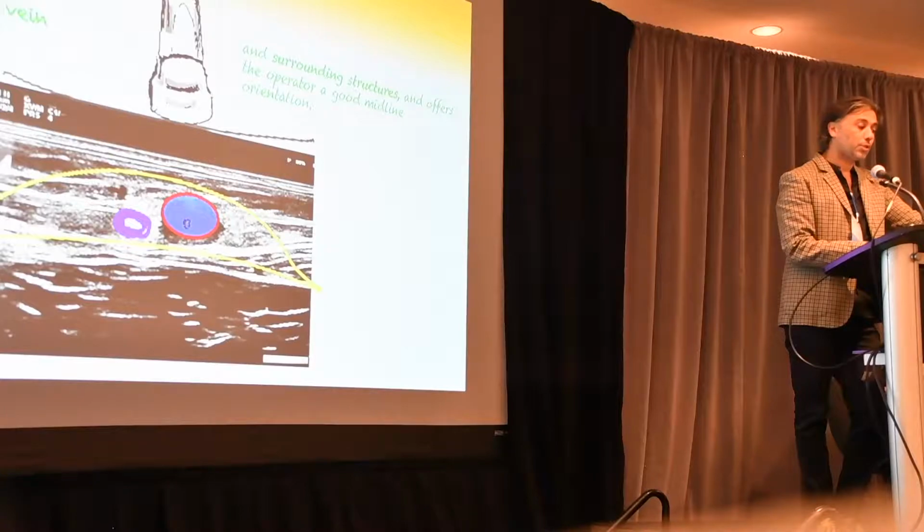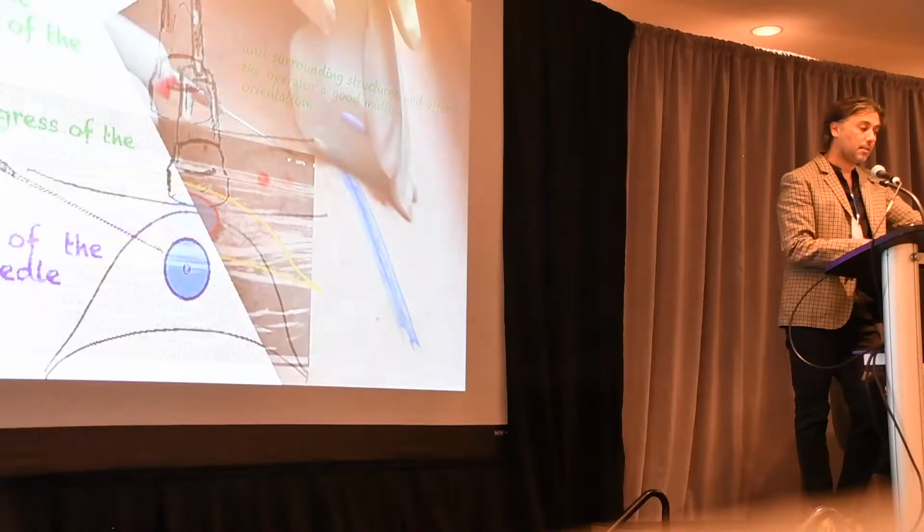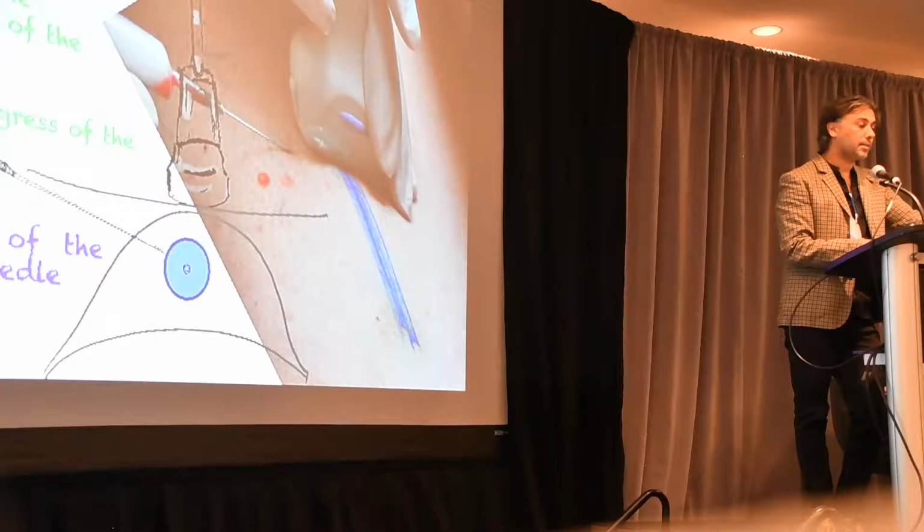The advantage of the short axis is to keep an eye on the target vein and surrounding structures and offer the operator good midline orientation. So we can visualize the entire needle shaft and tip, keep on track the localization of the needle, and monitor the progress of the needle. That's the advantage of